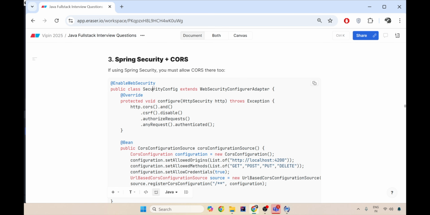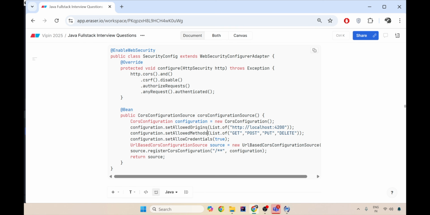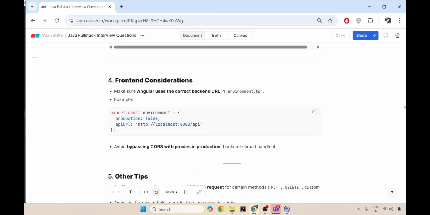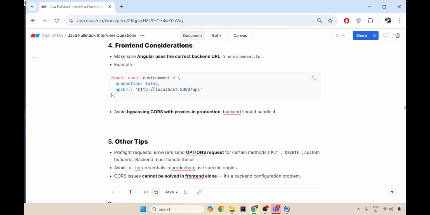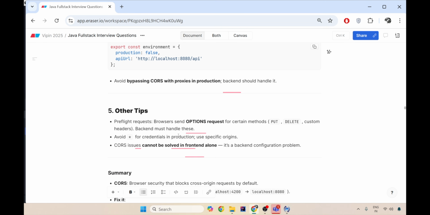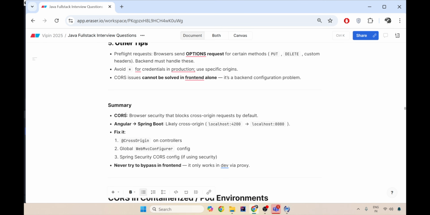For sure, if you have a Spring Boot application, Spring Security is compulsory for an enterprise-level application. There you can have your http.cors, and this is where you can have your configurations like this. And in the front-end configuration, make sure you use the correct URL and you will be good, because CORS is implemented as browser security for blocking. Your backend will be able to serve it.